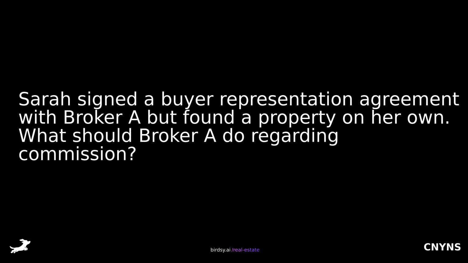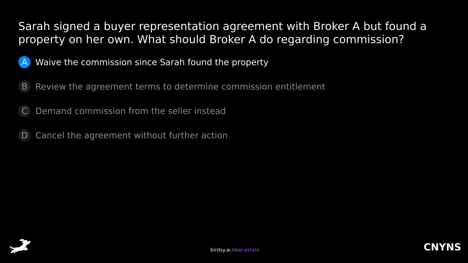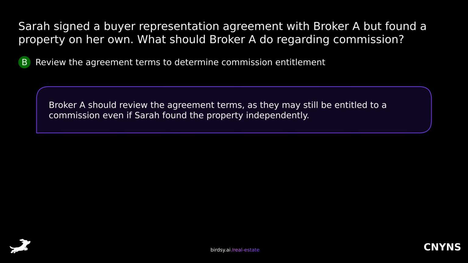Sarah signed a buyer representation agreement with broker A, but found a property on her own. What should broker A do regarding commission? Is it A, waive the commission since Sarah found the property, B, review the agreement terms to determine commission entitlement, C, demand commission from the seller instead, or D, cancel the agreement without further action? The answer is B, review the agreement terms to determine commission entitlement. Broker A should review the agreement terms as they may still be entitled to a commission even if Sarah found